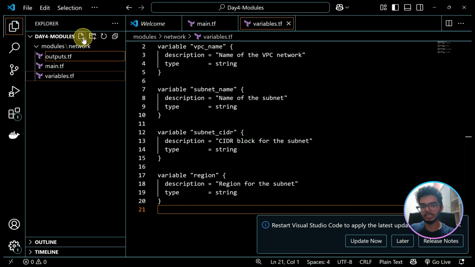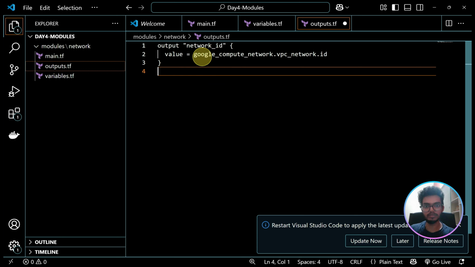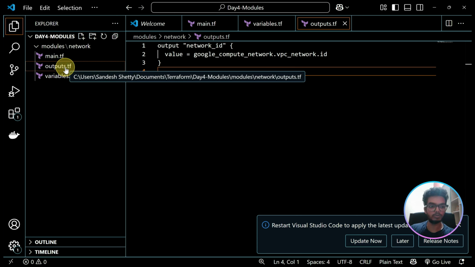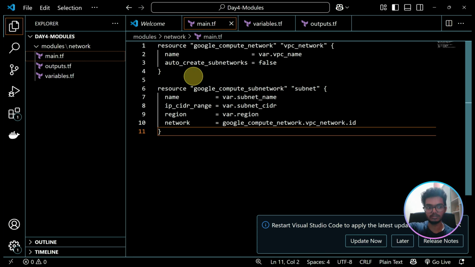Also, I can have an outputs.tf file here. In the outputs.tf file, I can capture my VPC ID once the VPC is created. So that's it. Inside my network module, I have defined main.tf, variables.tf, and outputs.tf files. One thing you have to notice here: inside the main.tf file, I have defined only the resources and not defined the